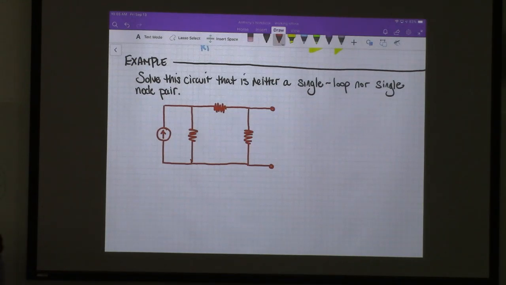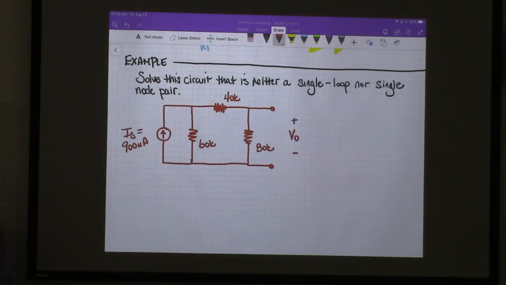All right, so this is called IS. It's equal to 900 microamps. This is 60 kiloohms. This is 40 kiloohms. This is 80 kiloohms. And this is a value that is referred to in the circuit as V out. All right, so taking a look ahead here,